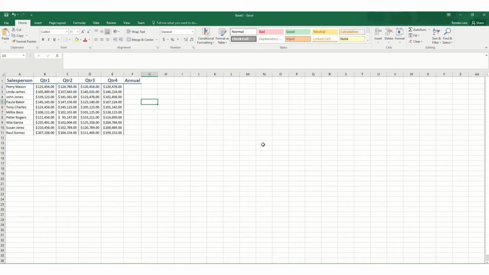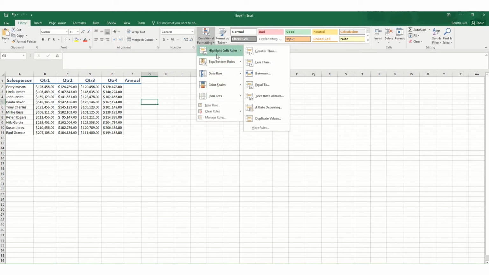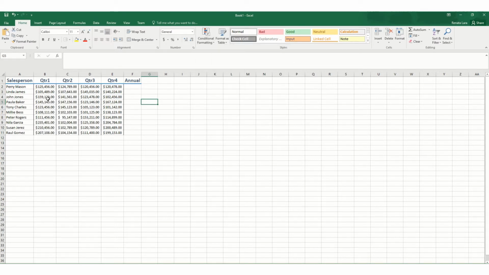So today we're going to be working with Excel, and we will work with a small feature called conditional formatting. You will find conditional formatting in the Home tab under the Styles group right here. This is your conditional formatting. I happen to like this formatting quite a bit. It's very simple to use and it makes your data look so much nicer without having to do a lot